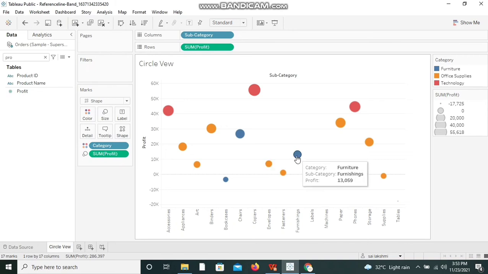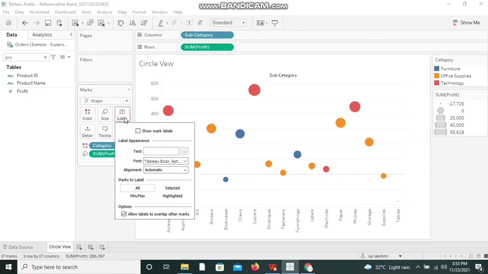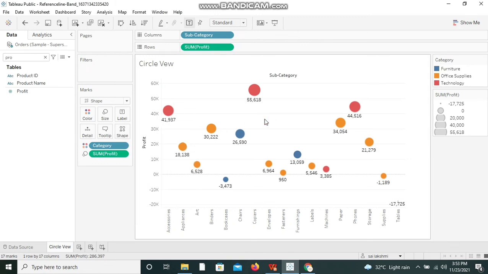And when we have two different circles which are of similar size, it is difficult for us to identify which is doing well. So we can enable labels over here, and now we are ready to do comparison and to get some really good analysis and make some good decisions on top of this sheet.